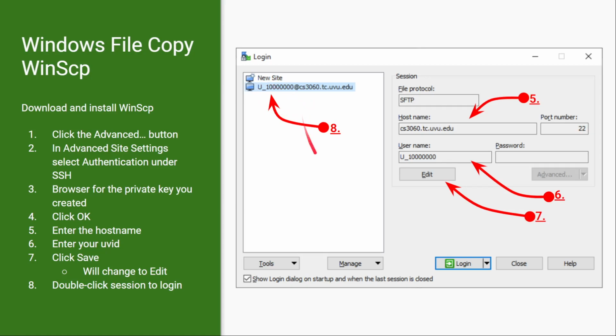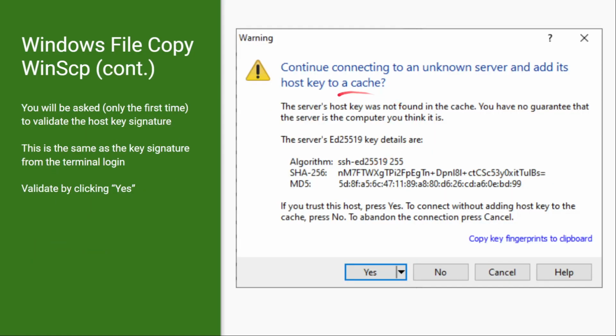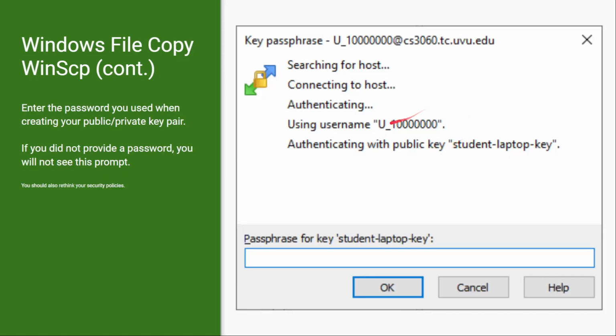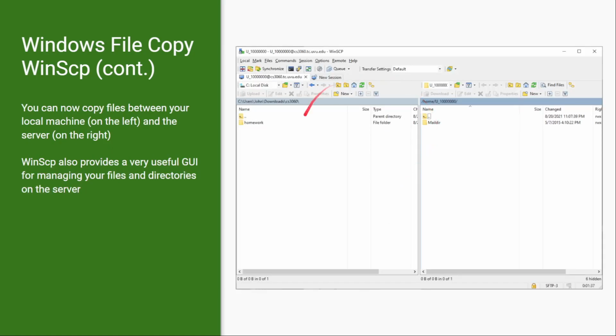When you double click on this, it is very likely going to prompt you to validate the server key signature. This again is the same data that you saw earlier. Once you validated that, clicking yes, it may ask you for the passphrase for your key. Go ahead and type your key passphrase here and click OK, and it will bring you up to this